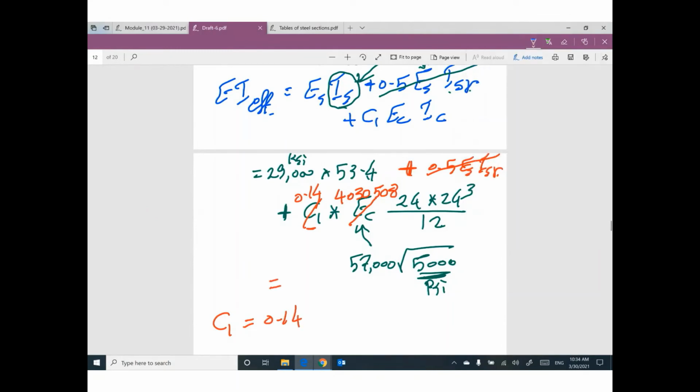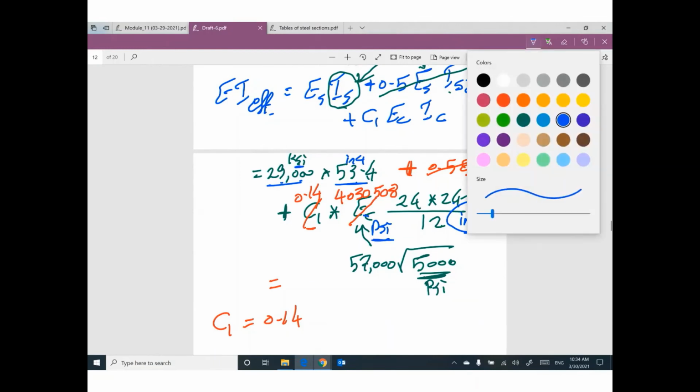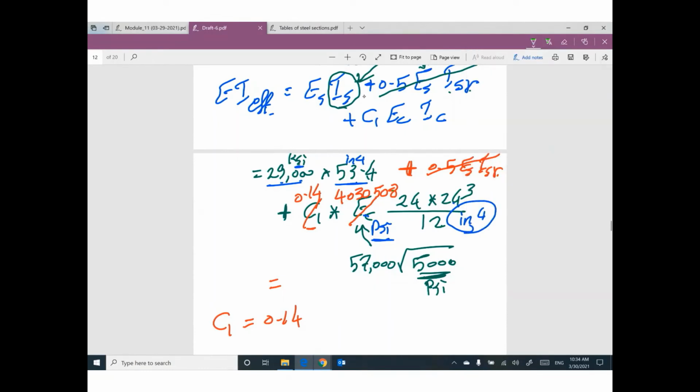Remember, be careful. E steel is 29,000 KSI, moment of inertia in inch to power 4. C1 is a constant. This one, E concrete, is in PSI, moment of inertia in inch to power 4. This one and this one are good. But this one is PSI, this one KSI. You need to convert one to another. I will divide this value by 1,000 to be 4,030 KSI. So your value would be